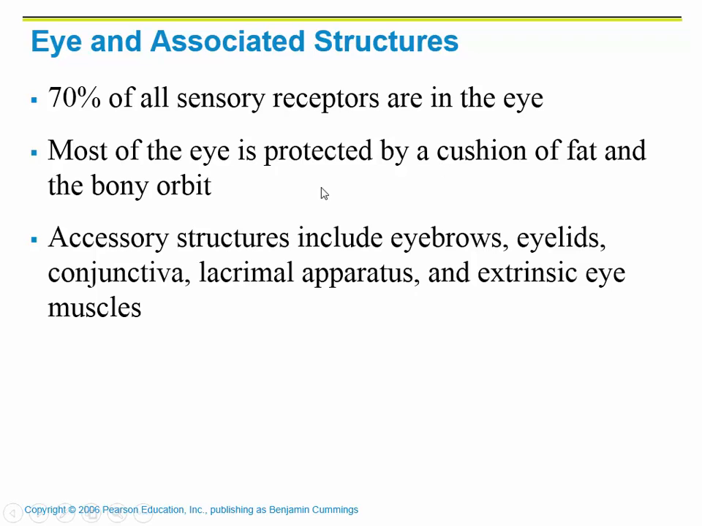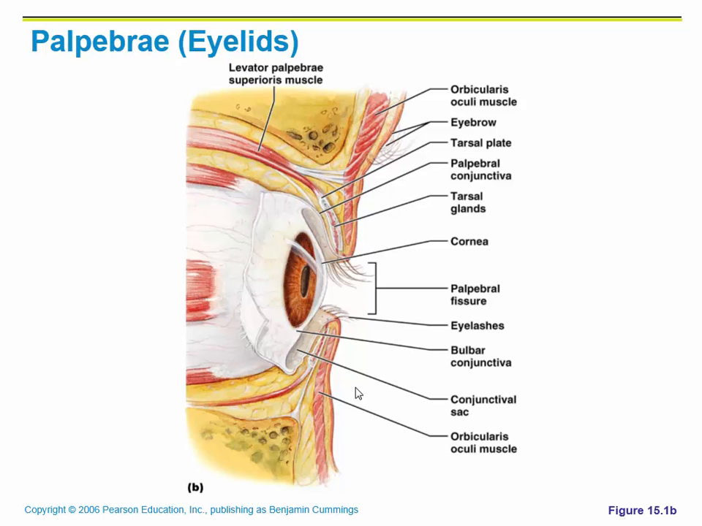There is fat behind the eye, and we know that the eye is protected by a bony orbit. We went over the skeletal system. And then there are some accessory structures that are with it, and we'll get into that. So this is what the eye looks like. We are going to actually dissect an eye, so you will get a chance to see the eye and some